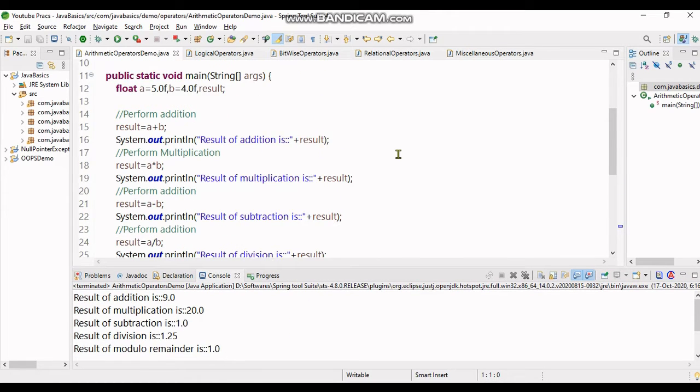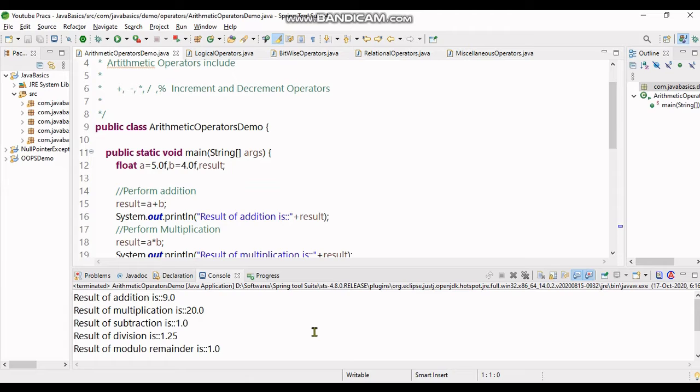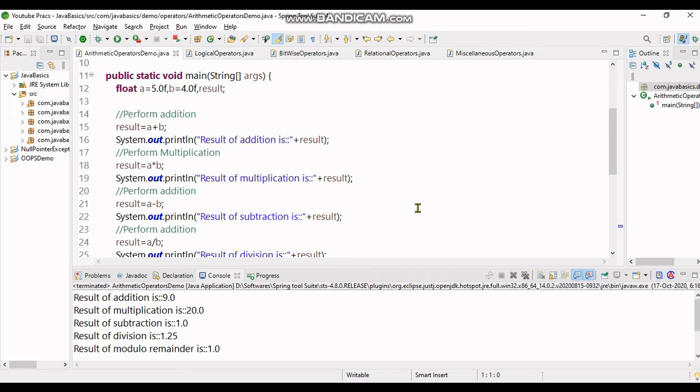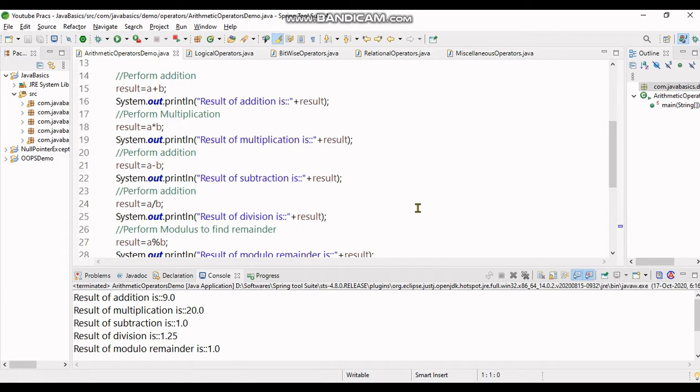As you can see, the result of addition is 9, multiplication is 20, 4 into 5 is 20, the result of subtraction is 1, 5 minus 4 is 1, and the result of division, as I've taken the result type as float, comes to 1.25, and the remainder is 1. After 5 divided by 4, the remainder comes to 1.